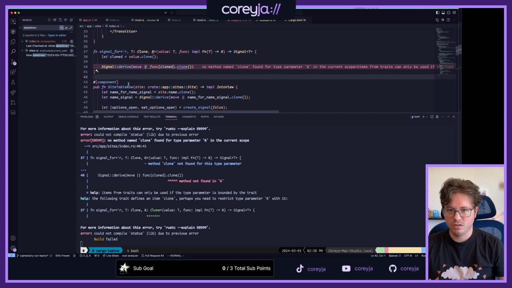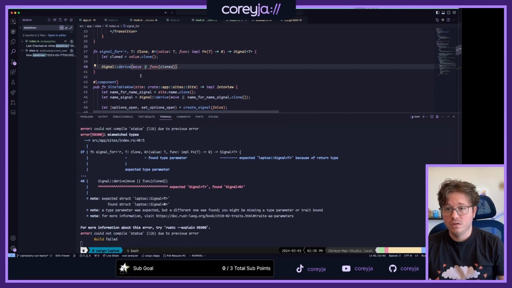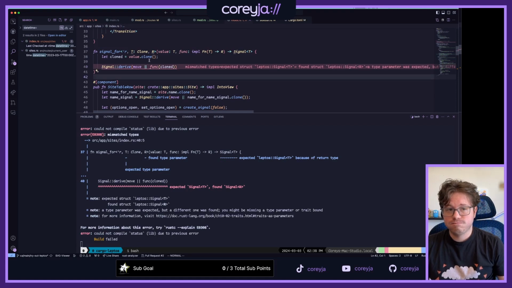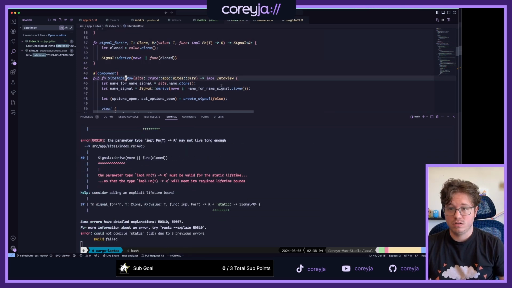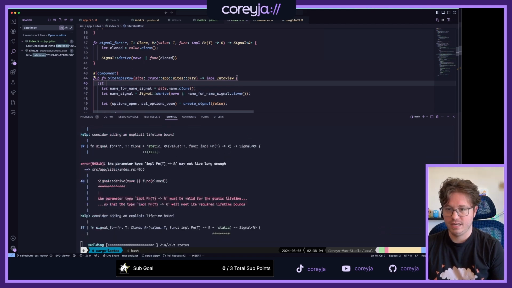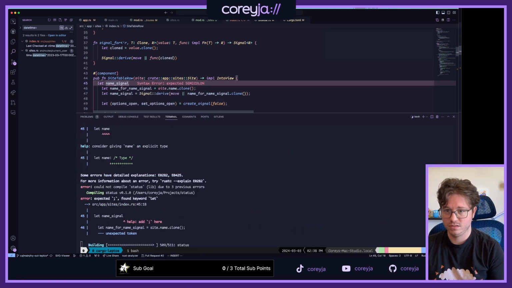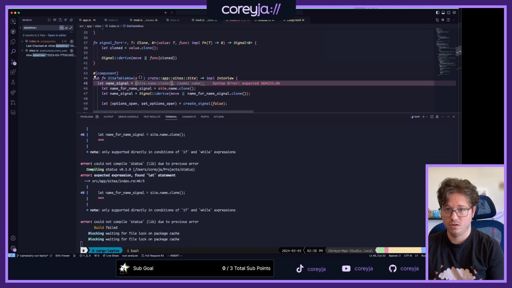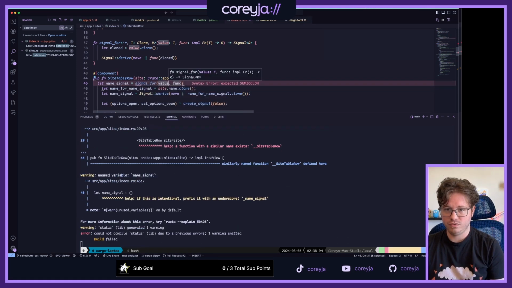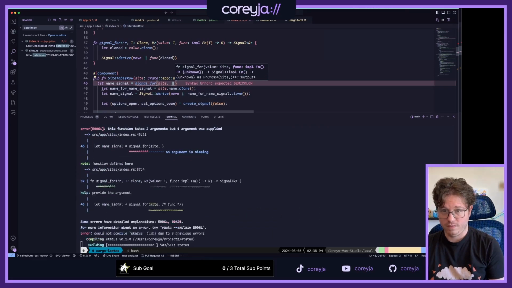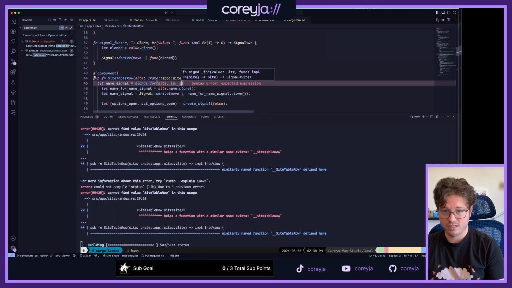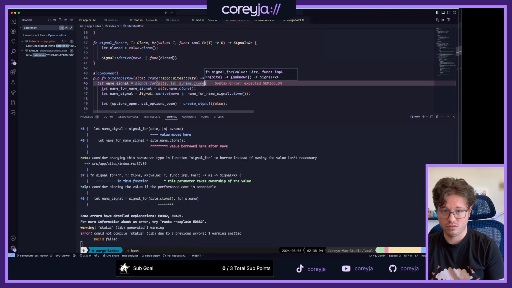Does R need to be clone? Or I'm just gonna clone it inside? Is that even helpful? Ah, signal of R. So then that's like let name signal equals signal for site, and then s.name.clone.